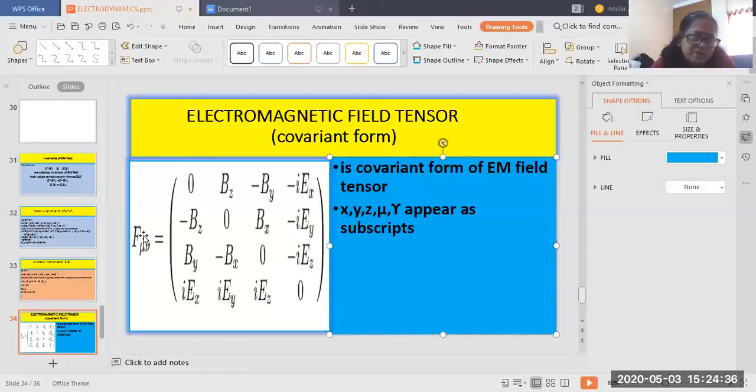So this is a representation for a tensor. This is the whole tensor. You should show it in a bracket actually, because the right hand side is a matrix. So F mu nu is a tensor and it has two variables. Mu is the row variable, it varies from 1 to 4, and nu is the column variable. You can see there are 4 columns. It varies from 1 to 4.